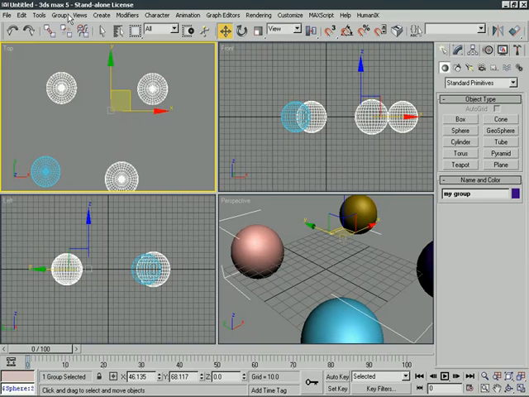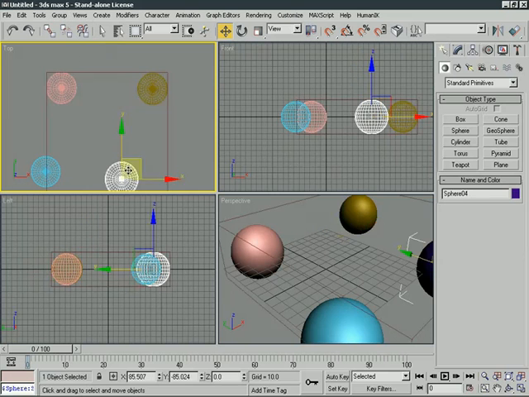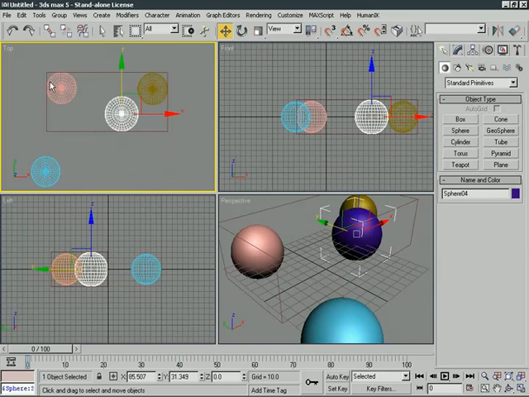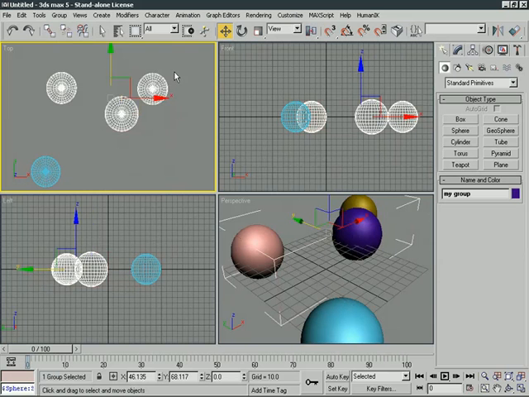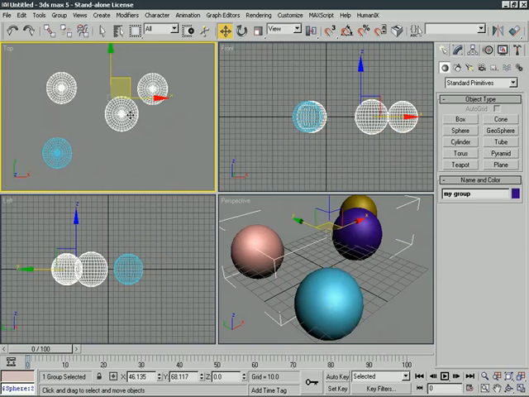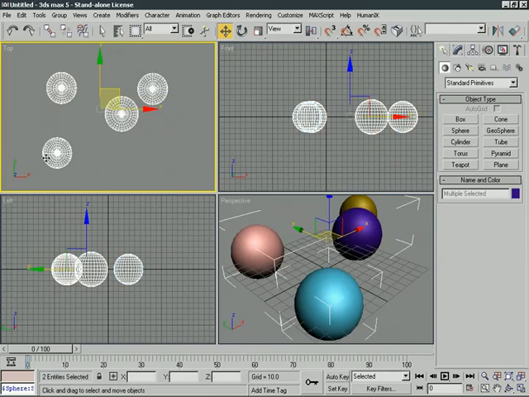So at this point, let's see. We come over here. Let's open this group up only because I'm being picky. Let's move that up. Let's go ahead and close this. So we've got this group selected, which is acting as a single object. And if I was now to come over here and Control select this object right here, and then come back up here to group and come down here and hit group,